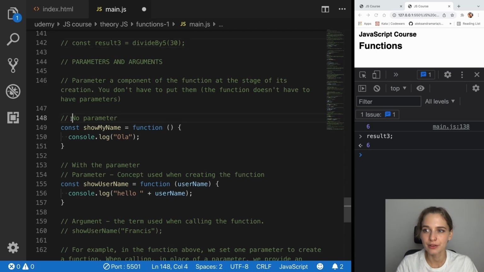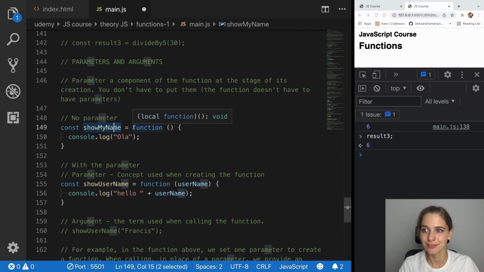So we can create functions without a parameter at all. We have this show my name function expression. The anonymous function is assigned to a const called show my name, and I'm console logging my name. So if I'm gonna call it,